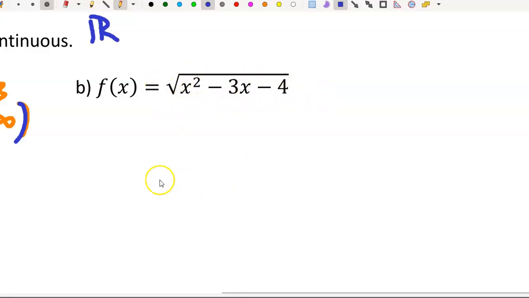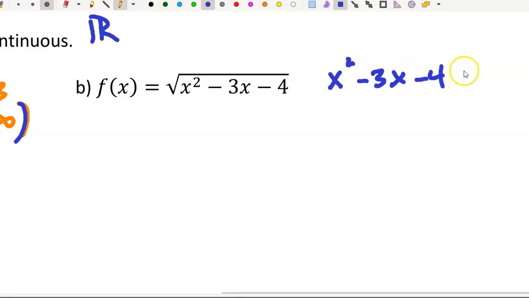We can't take the square root of a negative number. So to figure this out, we have to take whatever's inside the radicand and say, well,